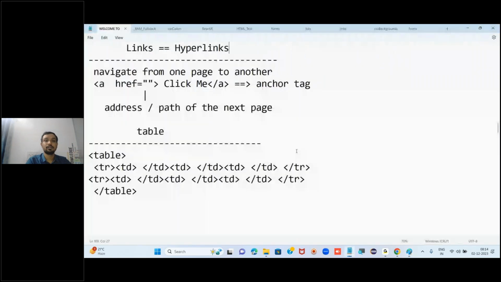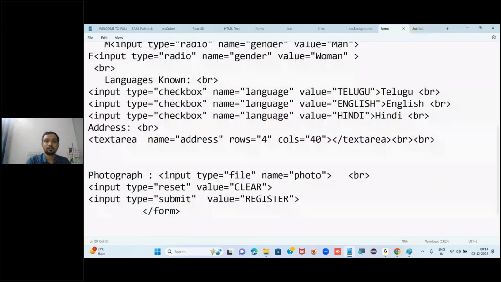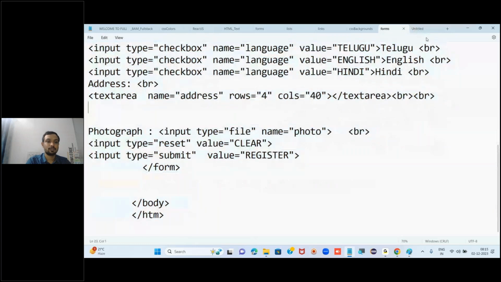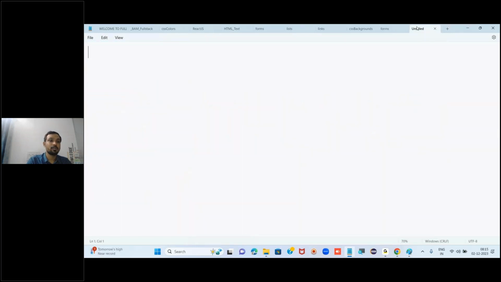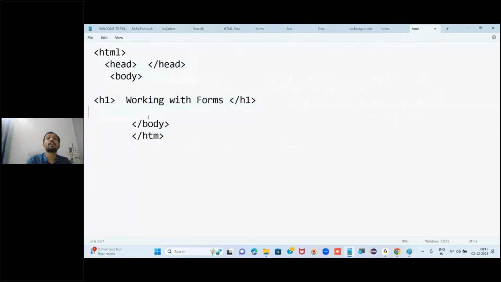Now write that table. For that, I would like to create a separate page for this. First, how to create a web page. It will be just opening a new file, and then we have to write that complete blueprint, and then we can write whatever we want here. We can write, and then we have to save it. But before I do that,